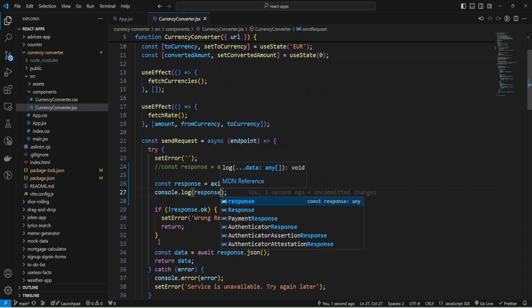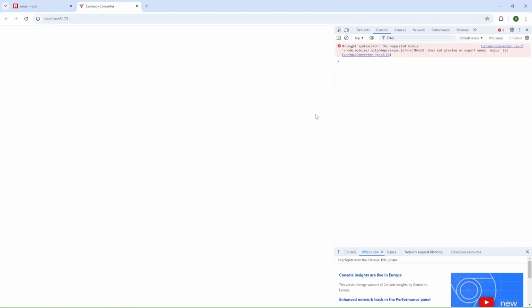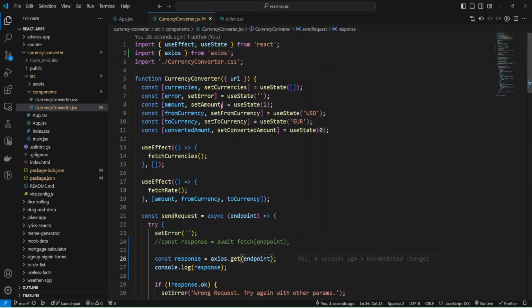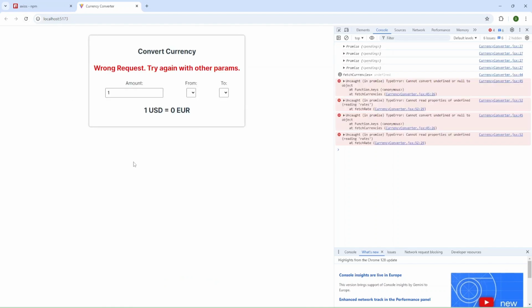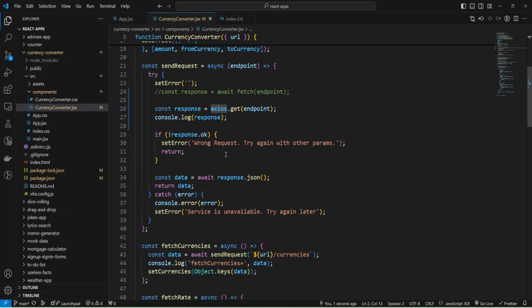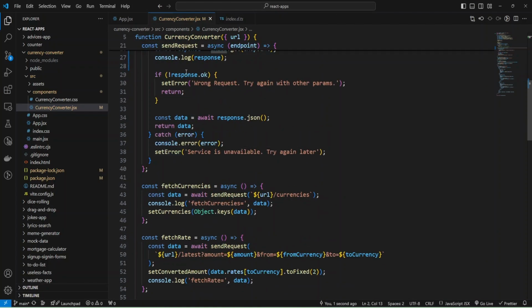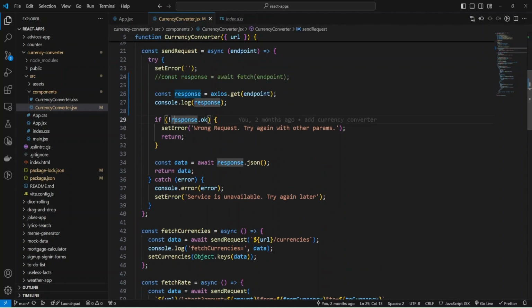And let's refresh, and I'm going to return to my project, and I got an error: module does not provide an export named Axios, and let's change to just axios. And I'm going to refresh. And okay, we have a wrong request, try again with other programs, and that's because we have error handling, and response was not okay.